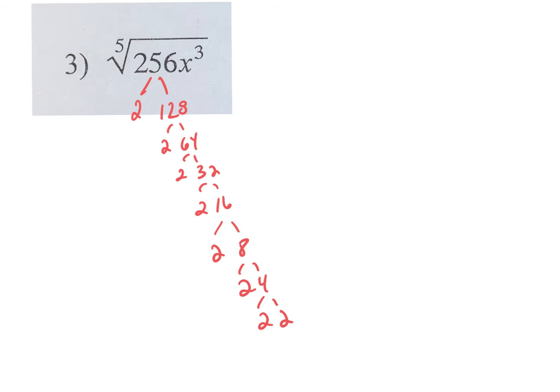As you can see, that 256 is a 2 to a power here. All right, so all 2's. What is my index? 5. My index is 5. So I am going to say 1, 2, 3, 4, 5 2's. This group of 2's, 1, 2, 3, 4, 5 2's right there, that can come out of my radical